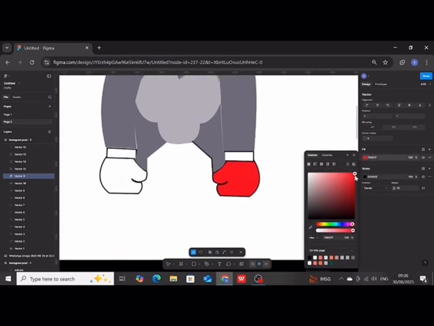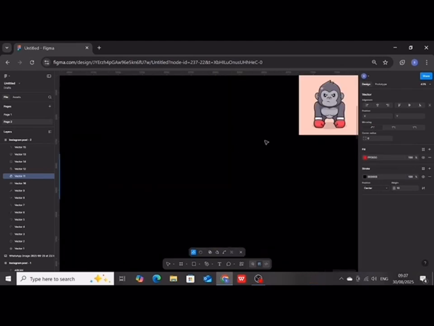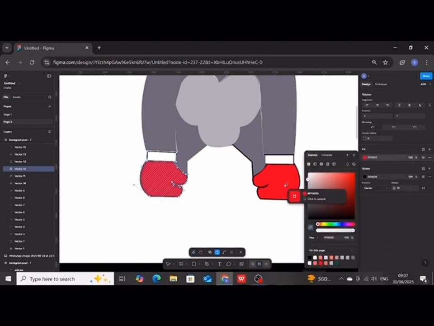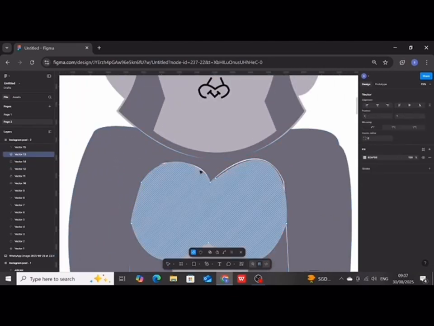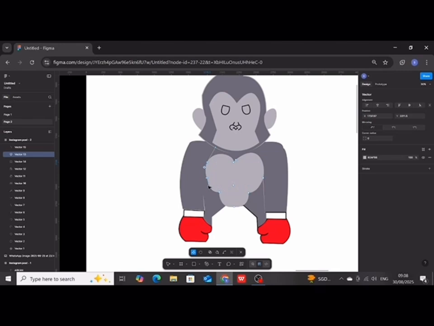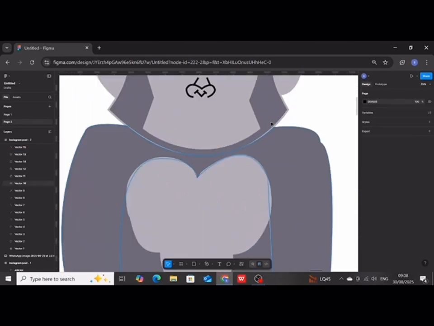Once the colors are applied, I decide whether I want to keep or remove the stroke, the outlines. At first, I remove all the strokes because I think the design looks cleaner that way. However, after reviewing, I realized that adding a thin stroke can actually make the illustration look more balanced.